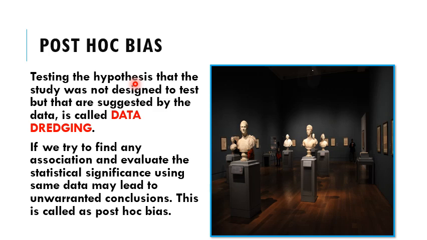So the sample size will also change, and this is known as data dredging, and this will create spurious associations. So we have to eliminate this post hoc bias. That means if we are studying a proper hypothesis, our aims and objectives should be very clear. Just seeing the data, we should not try to get the results. So there should not be any confusion like, let me compare male and female also, because your study was not intended to compare male and female prevalence of the disease.